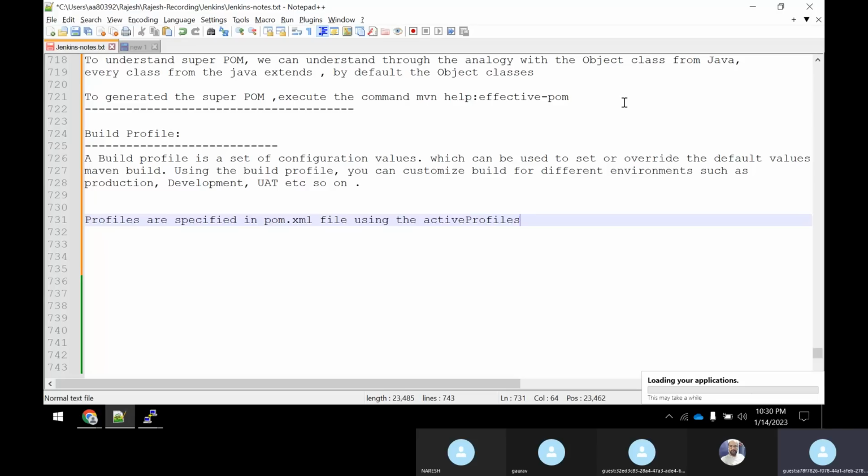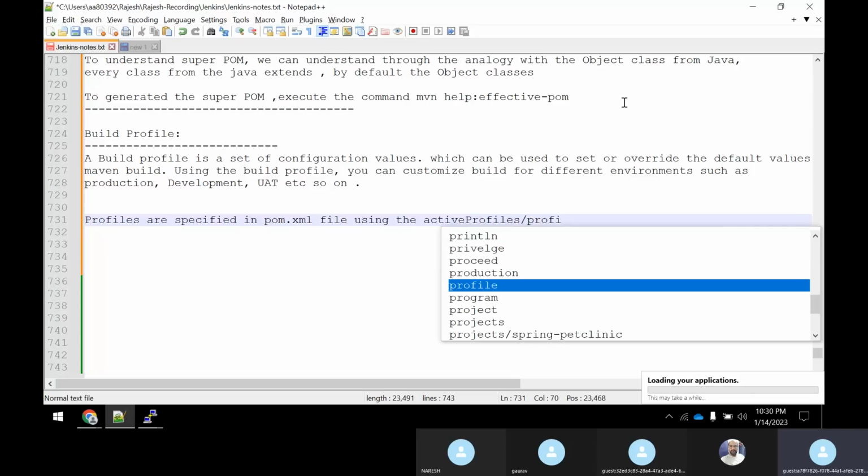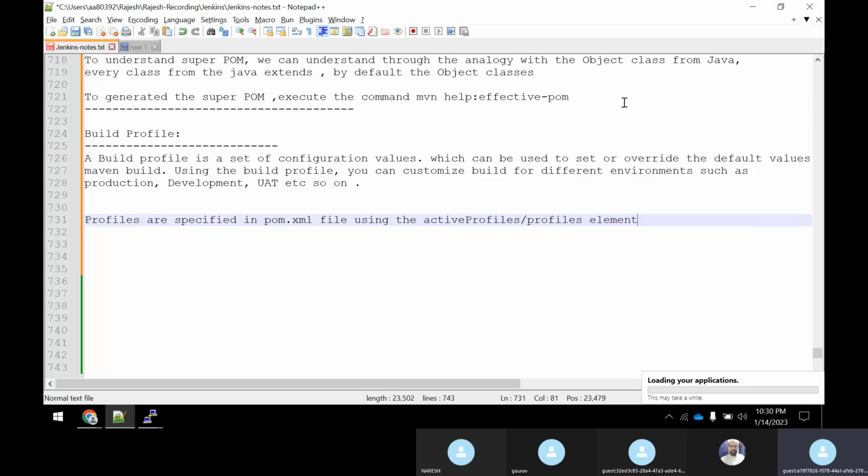I will show you all these things later. Active profiles or profiles elements, we say. In the pom.xml you will see some sections of profile elements. If you go to some pom.xml, you will see some active profile elements. So through that you will understand that some profiles are set, actually.